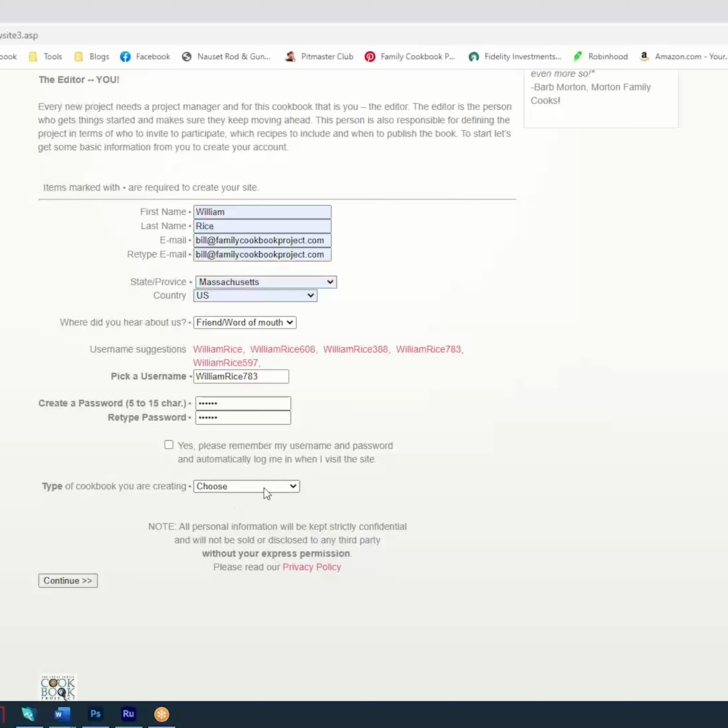And then it's going to ask you the type of cookbook that you're creating. A family cookbook, a personal cookbook, or fundraising cookbook. All of those accounts are exactly the same. It just helps us to better understand the type of account that you're creating. So I'm just going to say I'm starting a family cookbook. Hit the continue button,